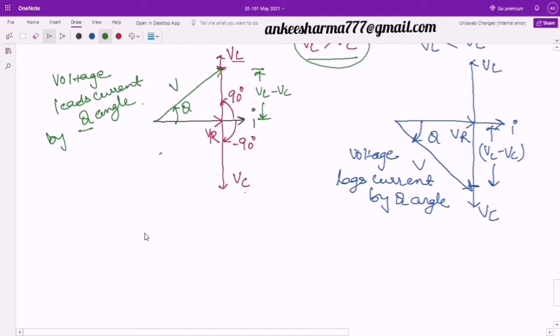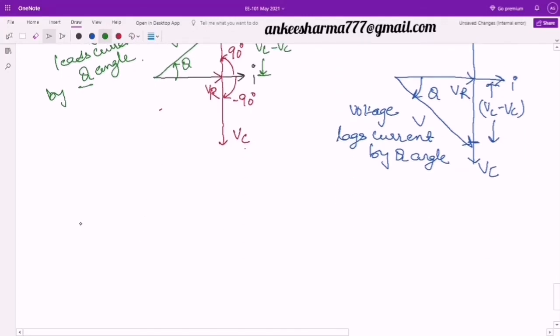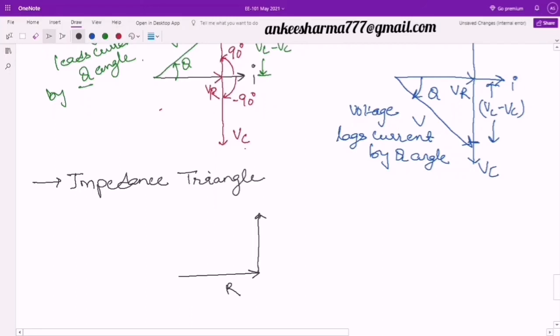So this is what we have discussed for the voltage. Now next, if I take the case of my impedance triangle, so impedance triangles will be more simpler. I will take only one case. This is my R. Second one is this one. In this case I will directly write as the resultant of these XL and XC. So I will write here it is XL minus XC. So you can conclude from here that if XL is greater than XC, it will be in the positive side. If XC is greater than XL, it will be in the negative side, right?